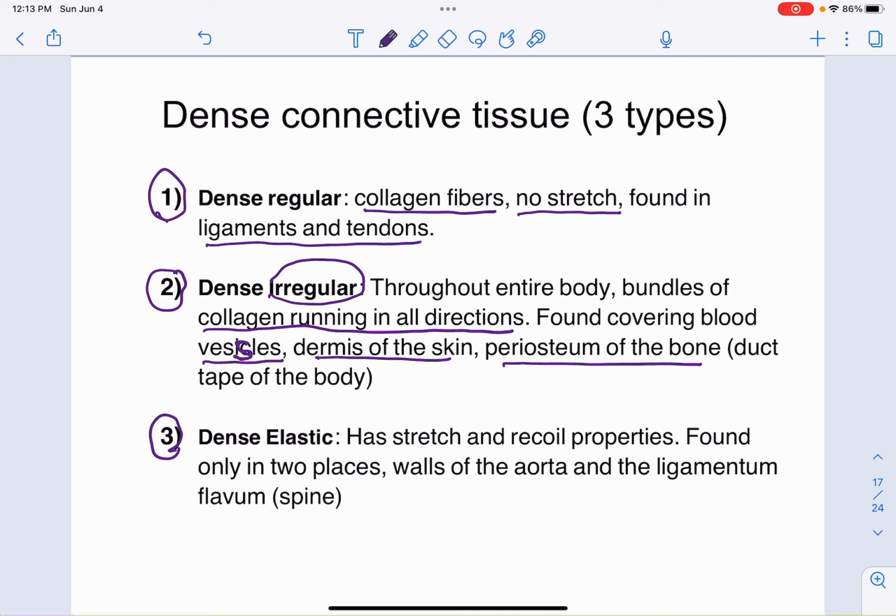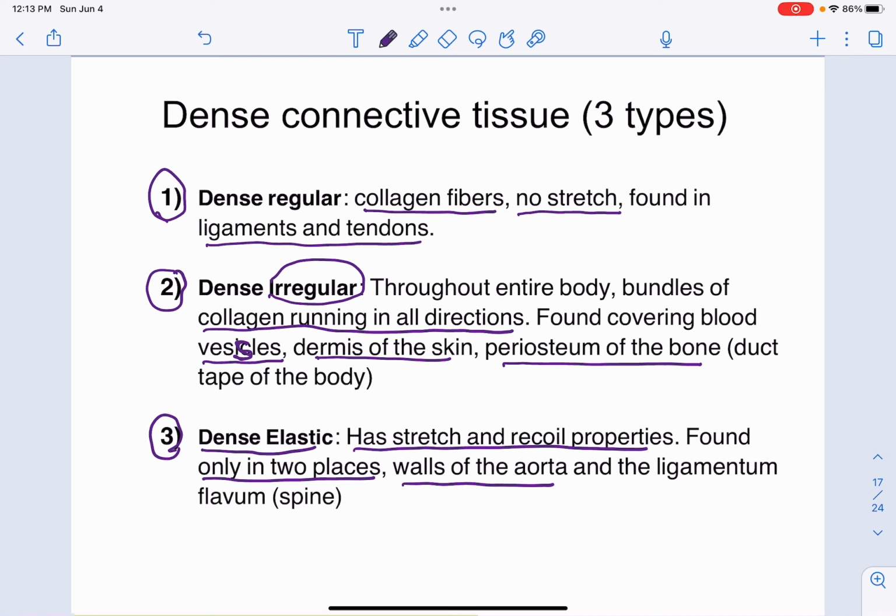And then the third, dense elastic, elastic as the name implies, has a lot of elastic fibers in it. So this type of connective tissue has the ability to stretch and then recoil back. This is only found in 2 places. The walls of the aorta, which is the largest vessel of our heart. So there's a lot of blood pressure there, and that aorta needs to be able to stretch and then recoil